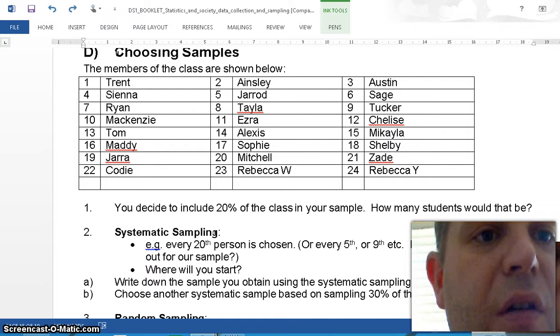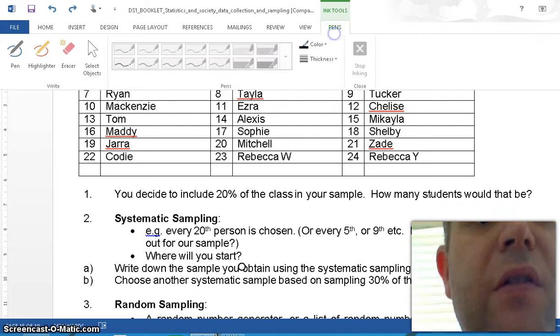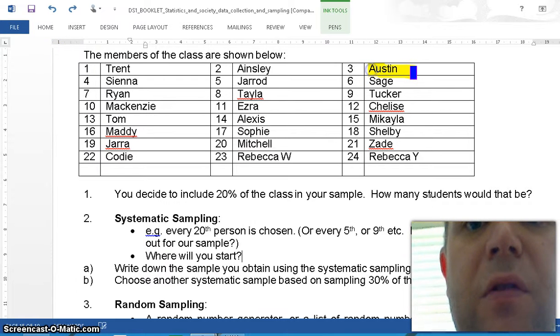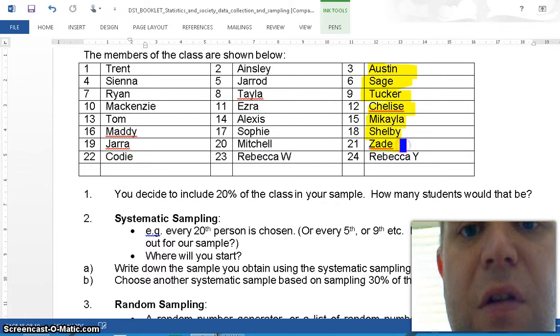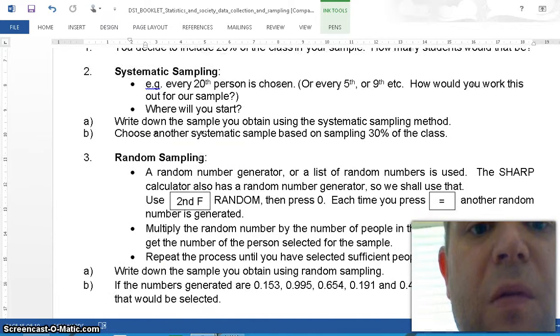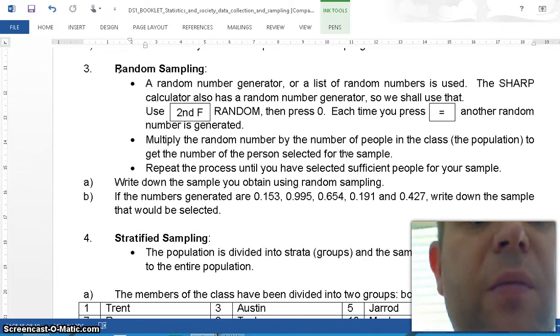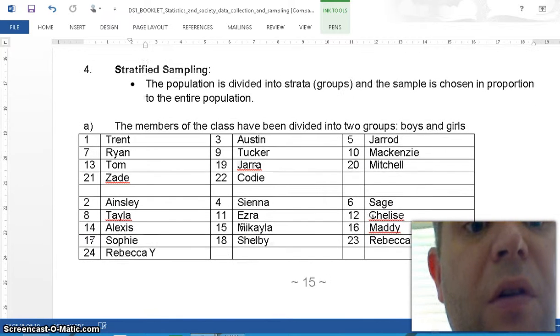So for 30%, how many people are we looking at getting? So we're picking 30%, so we need 7.2 people. So we'll just call that exactly 7. We'll use a highlighter this time. We've got Austin, Paige, Tucker, Shalise, Michaela, Shelby, Zaid, and that makes our 7. We're just going to skip Rebecca because otherwise we'd be taking too many people. And that's our systematic sample. We could do a random sampling by using our calculator to develop random numbers, or we can do